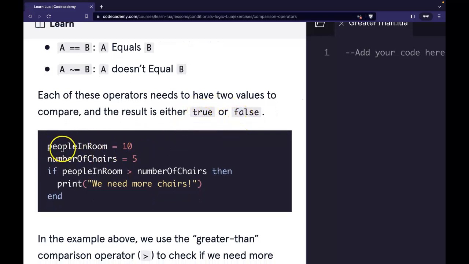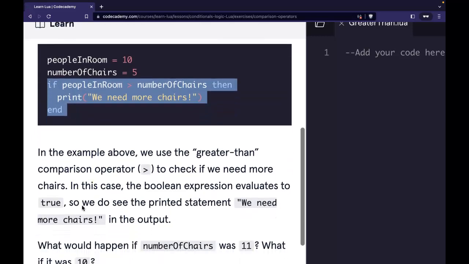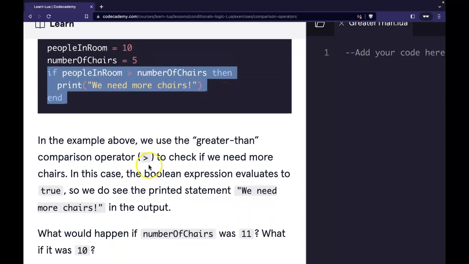For example, we have people in room assigned 10. We have number of chairs assigned 5. If people in room is greater than number of chairs, then print "we need more chairs" and end our conditional. In the example above, we use the greater than comparison operator to check if we need more chairs. In this case, the Boolean expression evaluates to true, so we do see the printed statement "we need more chairs"